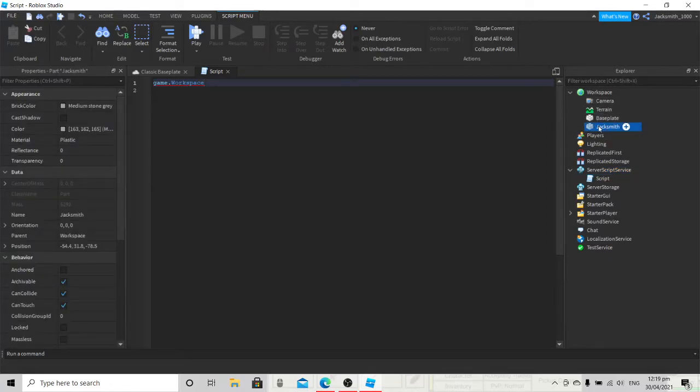So we've named our part, and now inside game and inside workspace we've got Jack Smith, which is my Roblox username, but it's just a part that I've named. So now I want to put another dot and reference Jack Smith. Now that's the name of my part, and let's say I wanted to change whether it's anchored. So I'll go